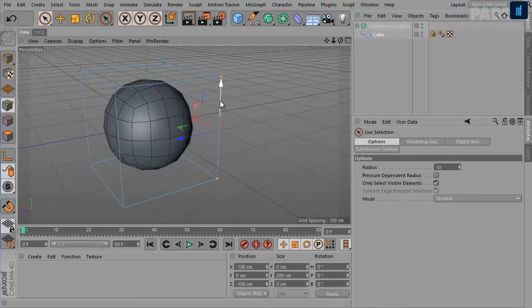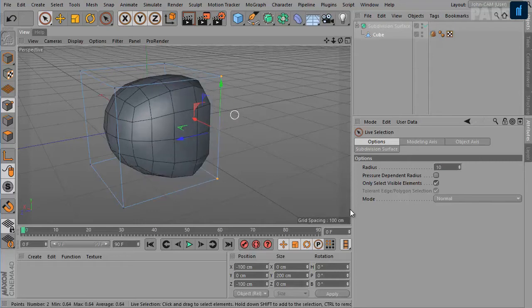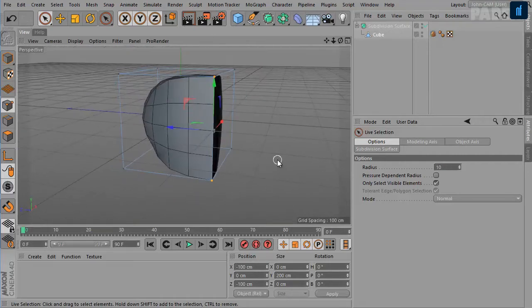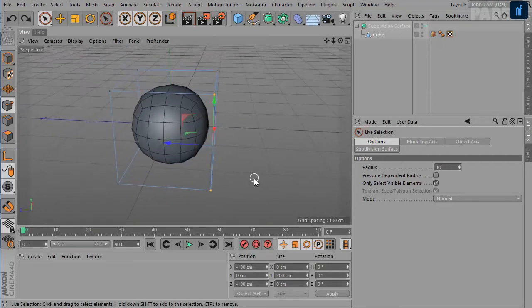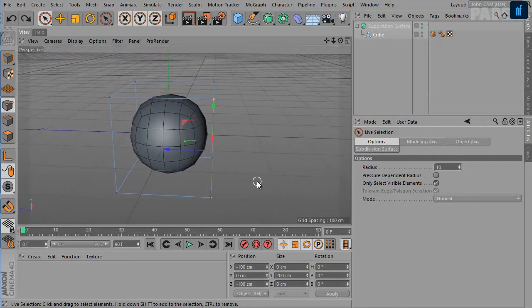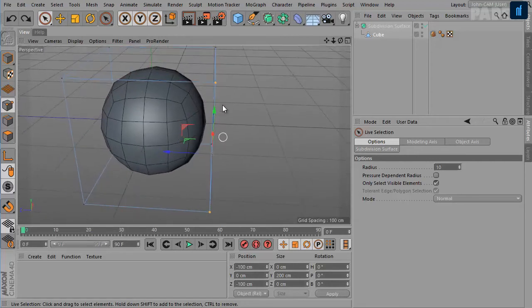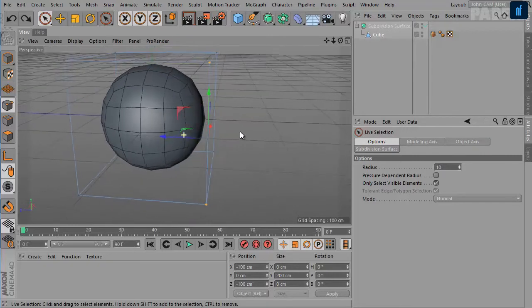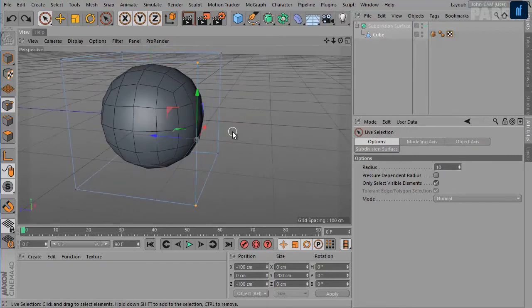To weight the selected points and all edges connected to them, hold down the period key and then shift drag, like so. To weight selected points and the edges between them, hold down the period key and then control drag.